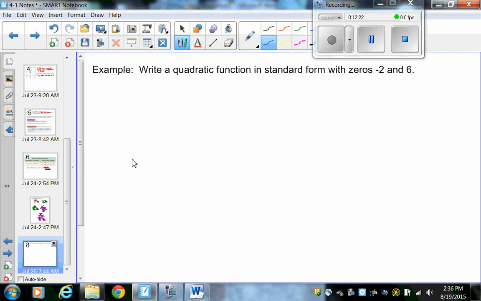One last example. It says write a quadratic function in standard form with the zeros of -2 and 6. So essentially that tells you that when you solved, you had x equals -2 and x equals 6. So if we work this backwards, the opposite of subtraction would be adding. So really that tells me that x plus 2 had to equal 0 and that x minus 6 had to be 0,